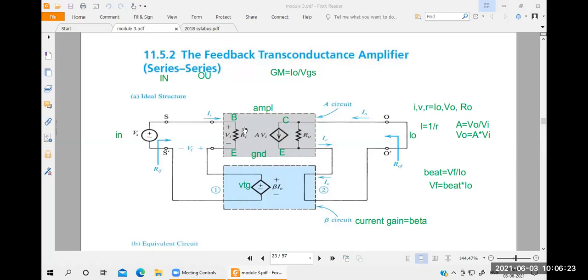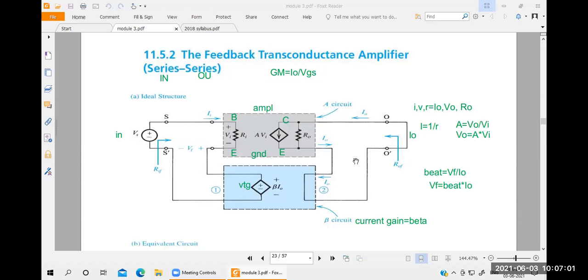Same thing, you take Ri. Ri is the input resistance, so the voltage across the resistance is Vi. Then you take R naught. R naught should be parallel with the voltage source. Then you take the output voltage. Here the output voltage we want to convert to current, because the resistance that is parallel with the voltage source means you have to take it as an output current. So V naught is parallel with R naught, that's why you take the output as a current here, that is I naught.